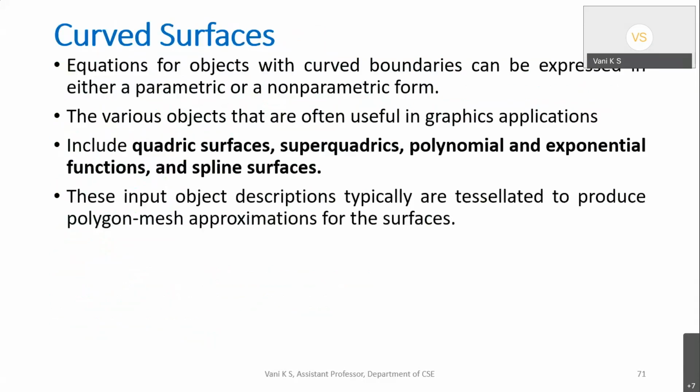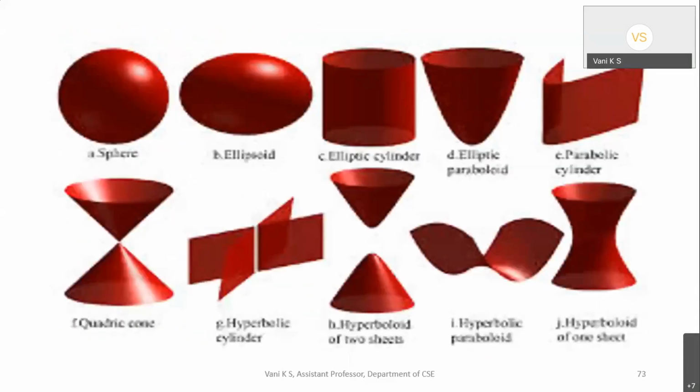Okay, coming to the curved surfaces. OpenGL also, in addition to polygons, whatever we studied till now, polygon, triangle, all those projections, supports curved surfaces. What are the examples of curved surfaces? These are all the examples. Something like a sphere, an ellipsoid. These types of curved objects are very difficult to construct in OpenGL, but there is still support in OpenGL for construction of all these quadric surfaces.